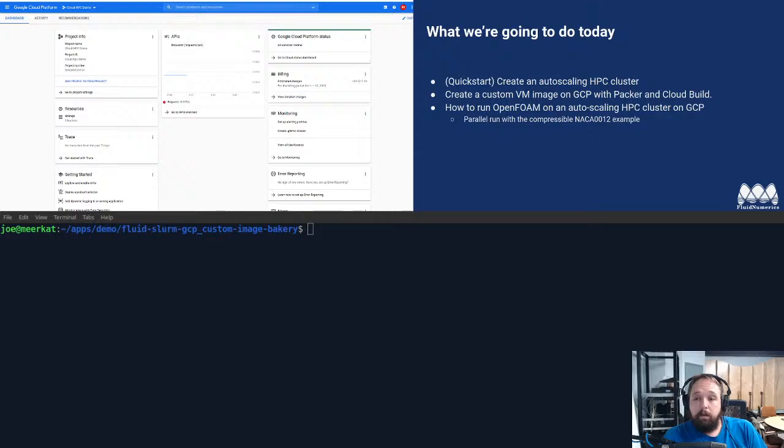OpenFOAM on GCP. One, of course, you can use an image that we've made publicly available. That's the quickest way to get started. But we did want to give you a little bit of a background on how these images get created so that if you have other applications or maybe if you want to do customized builds of OpenFOAM, maybe a different MPI flavor, different optimizations, what have you, we're going to walk through how to use HashiCorp's Packer with Google Cloud Build to create your own custom VM images. And then, of course, along the way, we'll show you how to use your own custom images on an auto-scaling